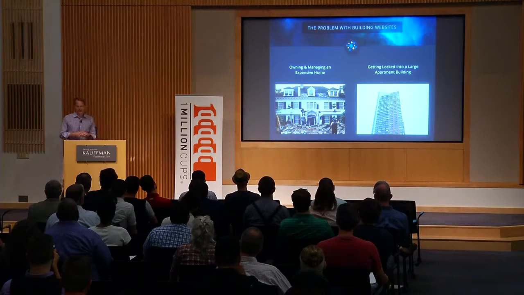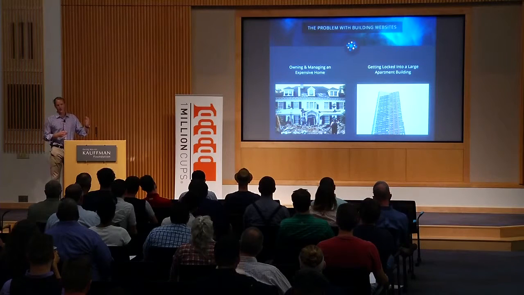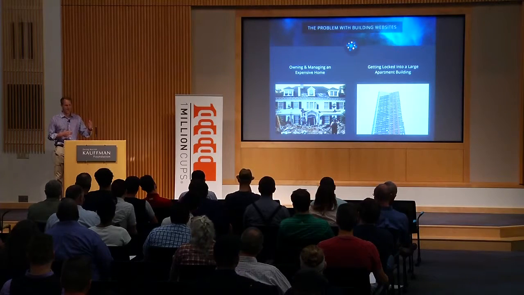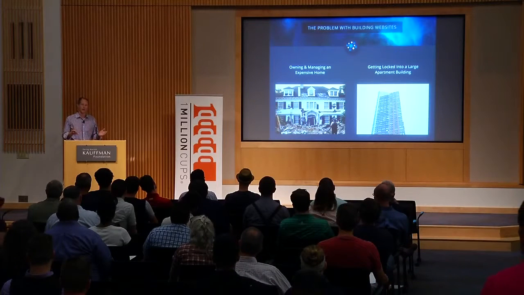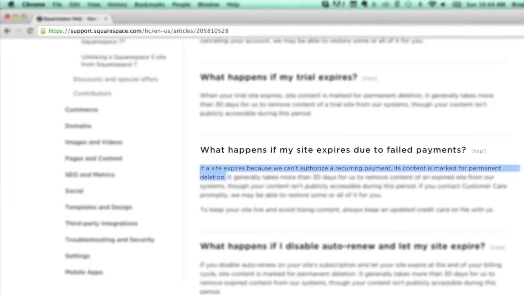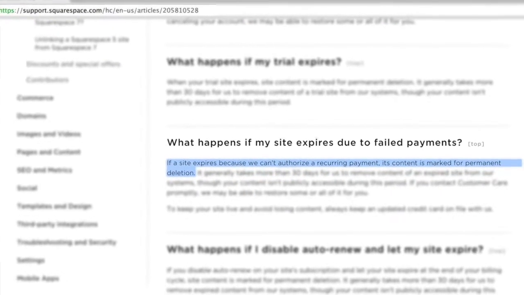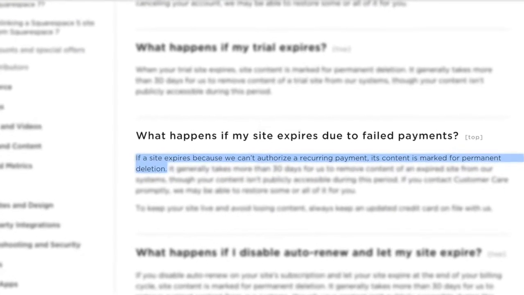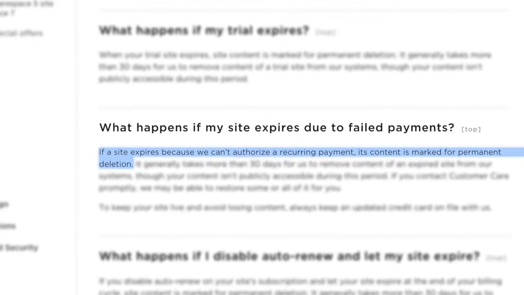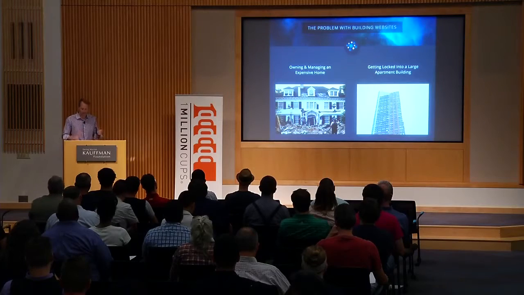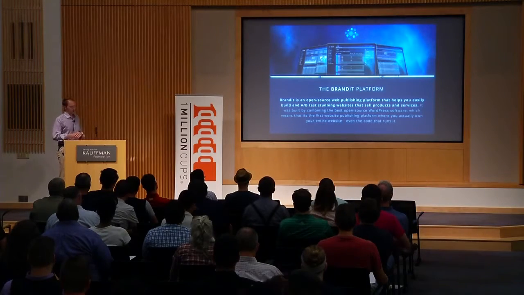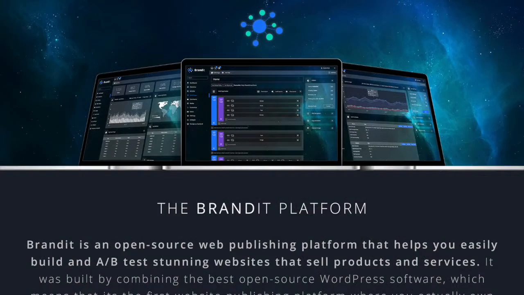And then the other side is using one of these massive web publishing platforms like Squarespace or Weebly or Wix. And these platforms take care of the technical side of managing your website, but we compare them to renting an apartment and then not being able to get your furniture out of the apartment. Because they're built with proprietary code, that means that they really own your entire website, and you can get your text and images off, but you really can't get the design or the structure of your website off these platforms without starting from scratch.